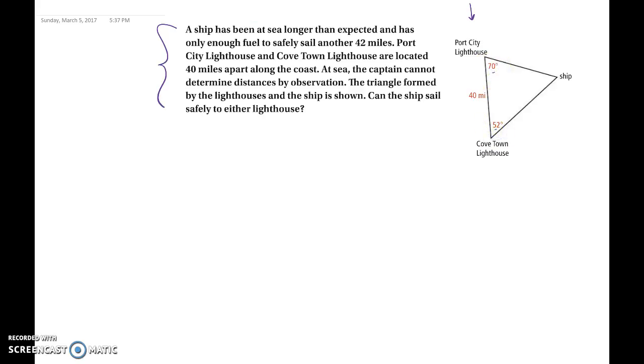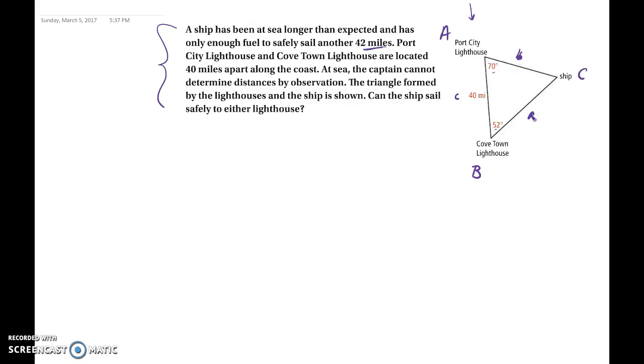All right, but here we'll just label this A, B, C. So that means that this will be little side C, this will be little side B, and this will be little side A. So it says, the triangle formed by the lighthouse is now shown. Can the ship sail safely to either lighthouse? So the only thing that he can do now is sail for 42 more miles. So that means we need to solve for B and A because we need to know, can he go to